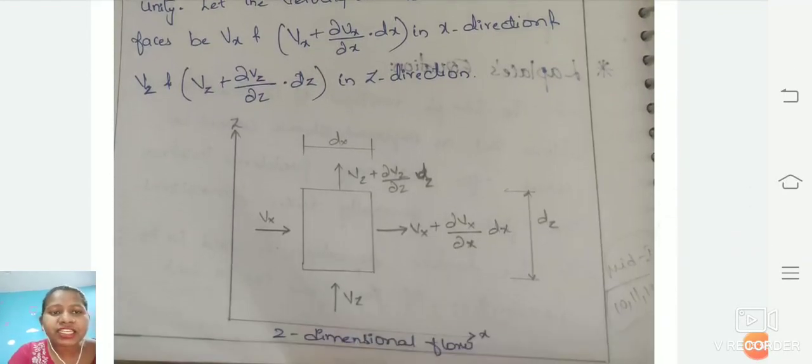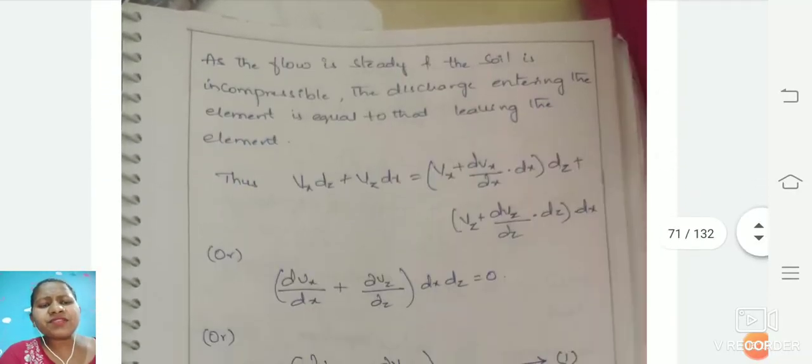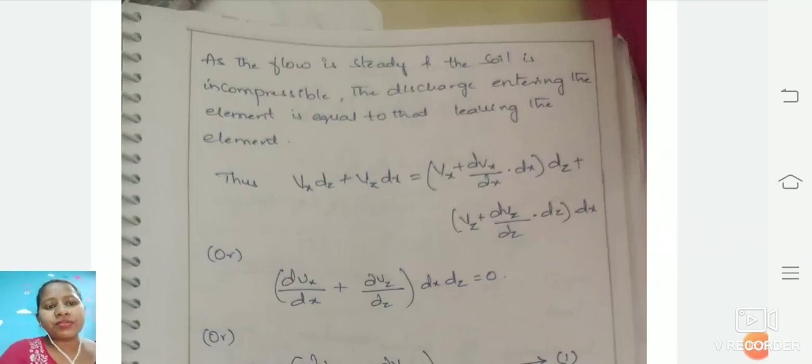This picture indicates that vx is the velocity going in the horizontal direction, along the x axis, and vz is going along the vertical axis. So it is a two dimensional equation which is formed for the soil whenever some load, that is effective stress, is applied. And when we study this flow, the main thing we take into consideration is the discharge.